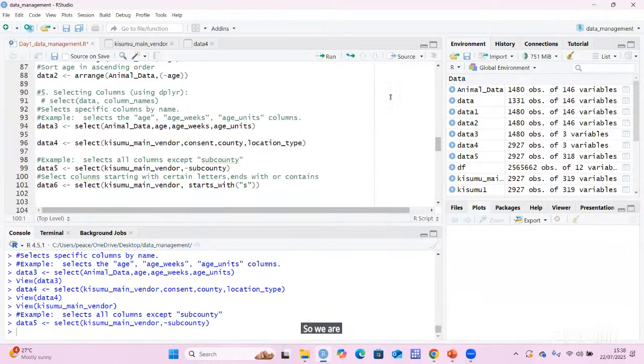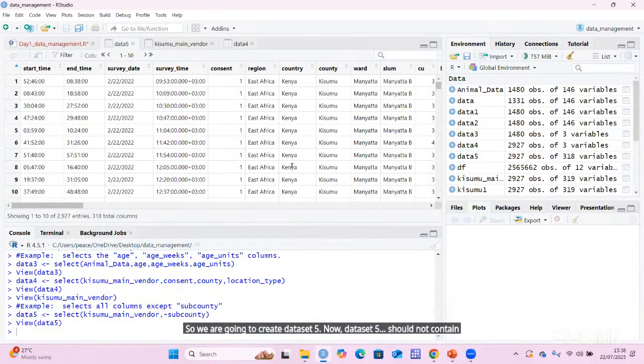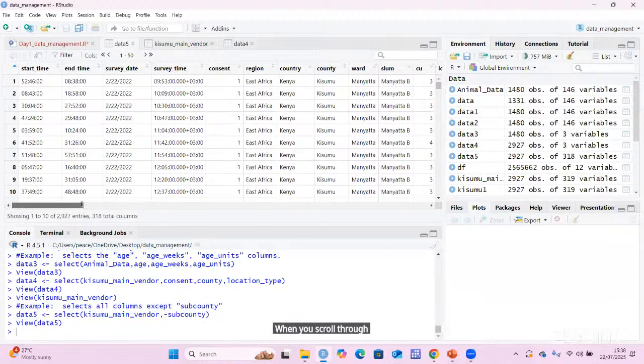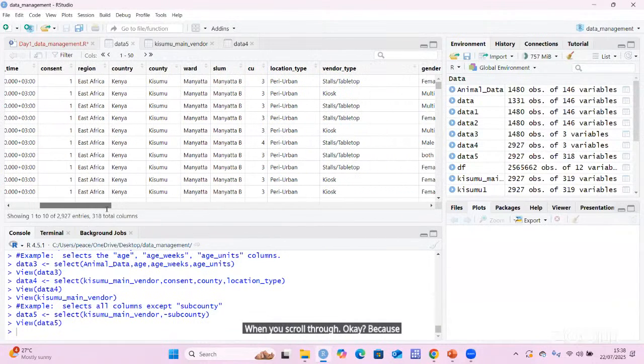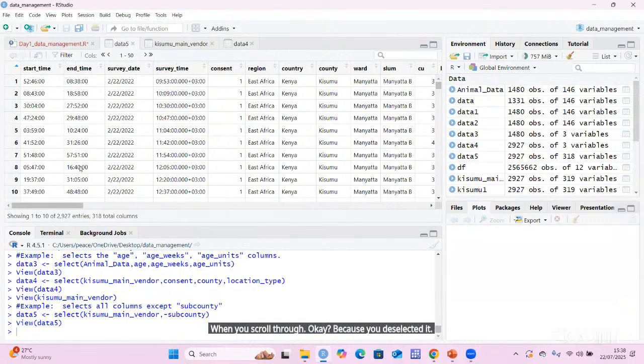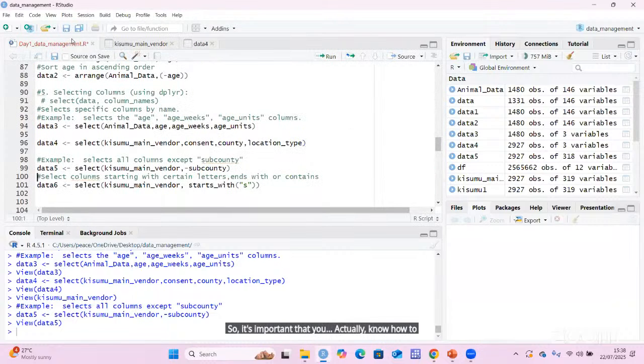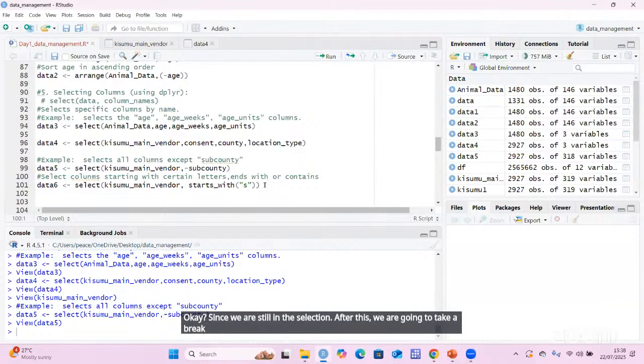So we are going to create dataset 5 now. Dataset 5 should not contain sub-county when you scroll through, okay? Because you deselected it, and that is true. Sometimes you need to deselect some columns, especially when you're doing analysis. So it's important that you actually know how to remove them, okay? Since we are still in the selection, after this, we are going to take a break. And in that break, you'll do a very small exercise. Data 6,